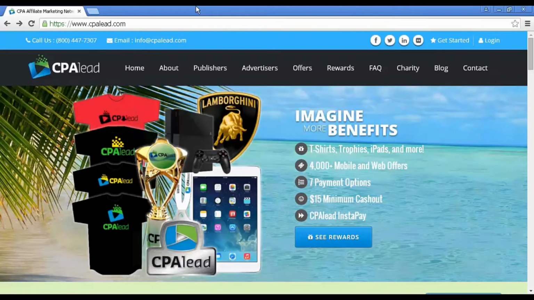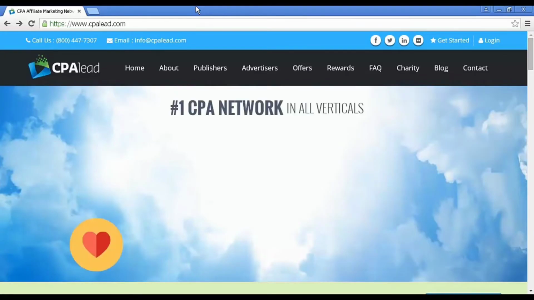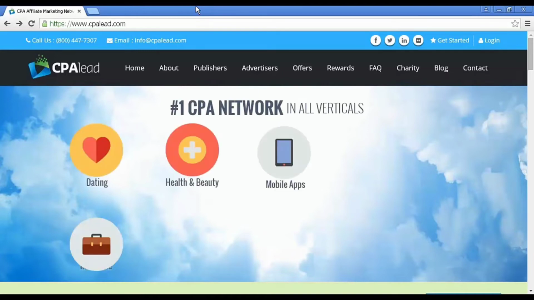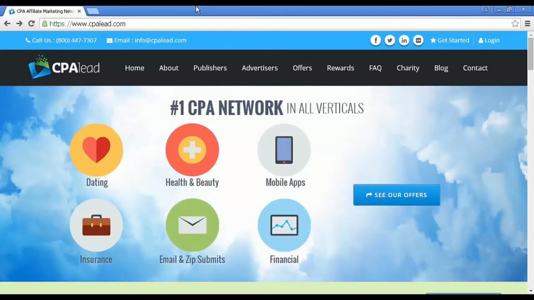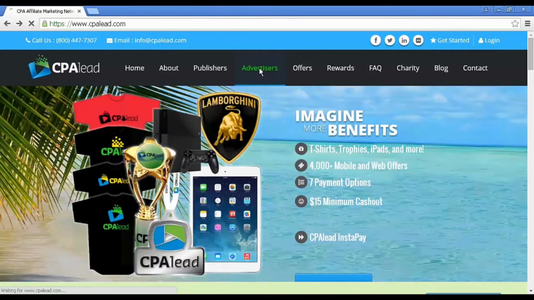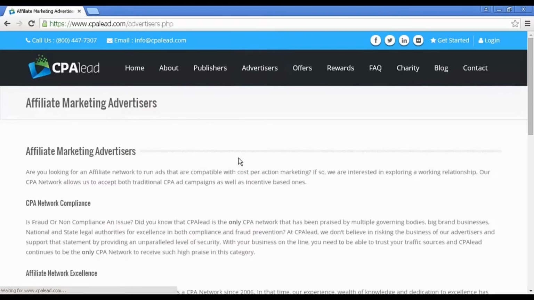The next site I want to tell you about is CPALead.com. CPA Lead describes itself as an affiliate marketing platform despite its name. Established in 2006, it has a relatively good reputation within the CPA sphere, and they appear to take fraud and non-compliance very seriously. If you click here on the Advertisers tab, you can see here